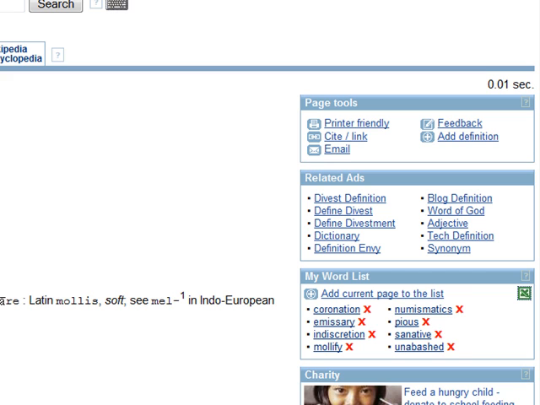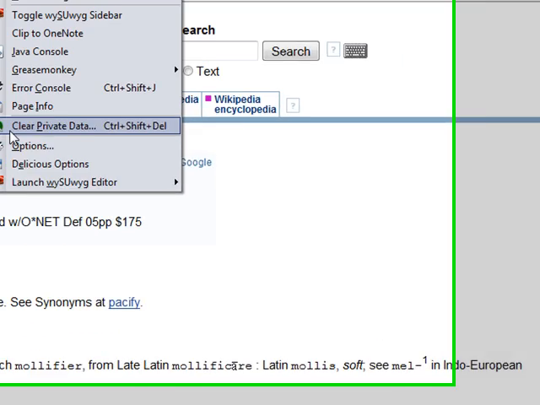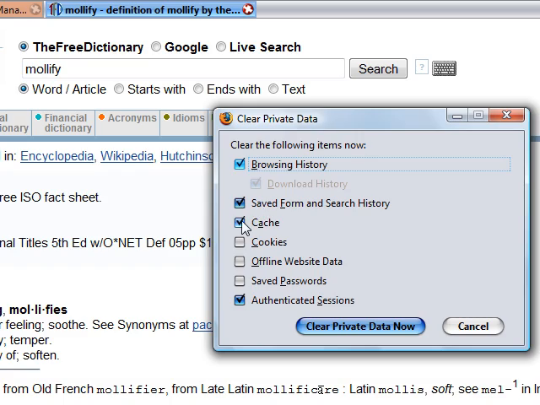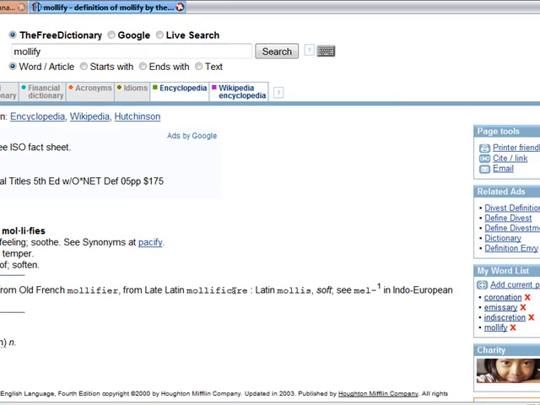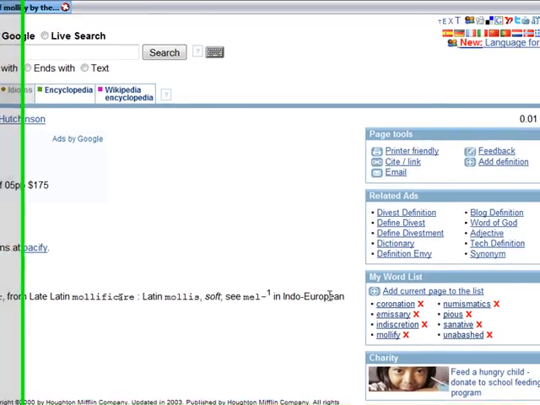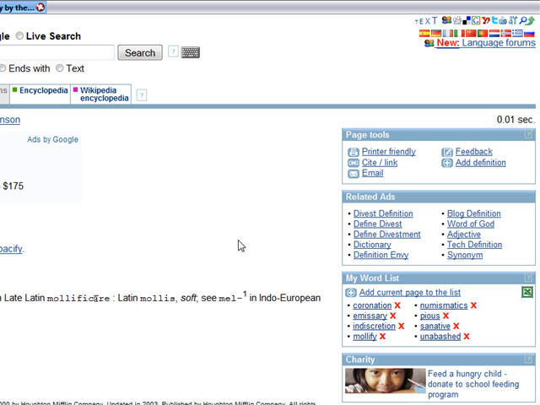Once this list is on your computer, this site is using the cache memory of your browser. So if at some time you remove the cache memory of your browser, which you do generally by going to tools and clear private data, if you remove this cache data, this list will be removed. So just be very clear that if you are removing your cache memory, you should have saved your word